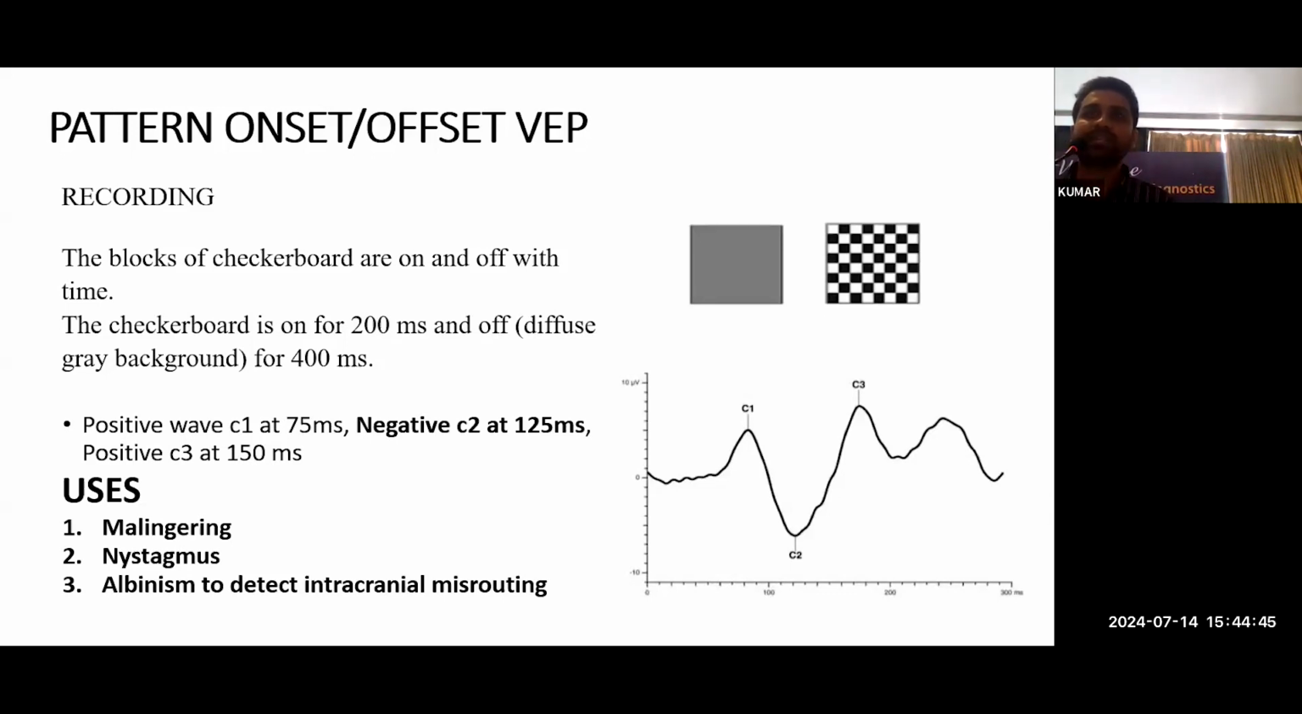Here you present a checkerboard pattern in an on and off sequence, where large and small checks are used. The most common uses are mainly in cases of malingering, nystagmus, and albinism to detect intracranial